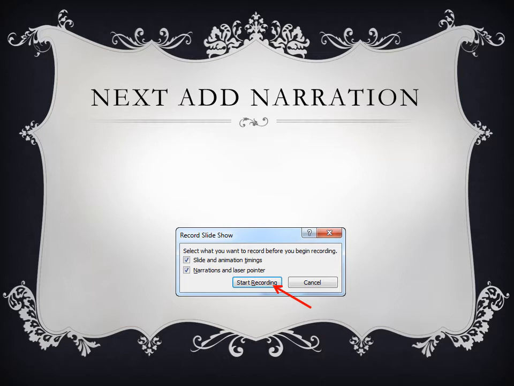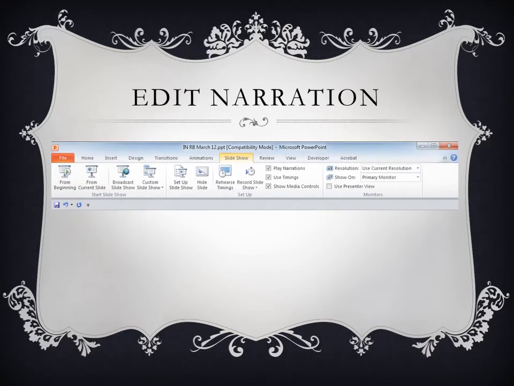Again, once you're ready to record, click Start Recording, and it'll immediately launch. You're going to click through the PowerPoint just like you would and talk just like you were briefing to an audience. So once that's complete, if for some reason at a later date or you made a mistake and you need to edit your narration,